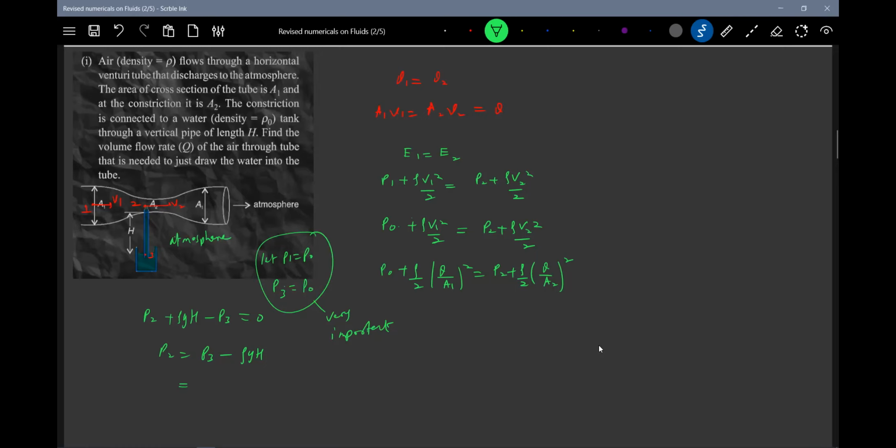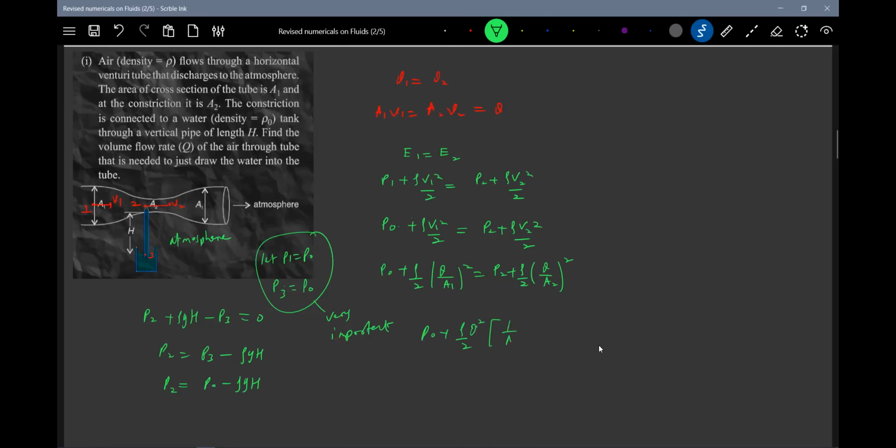This is a very important idea. So therefore P2 equal to P naught minus rho GH. Just the water should be able to rise. So therefore I'm equating the pressures here. So now P2 I can replace that. Then we know all the things except the unknown, what? Q. So therefore substituting this rho by 2